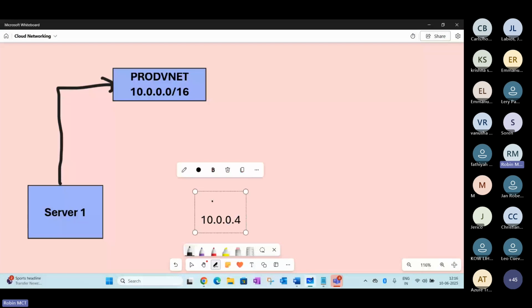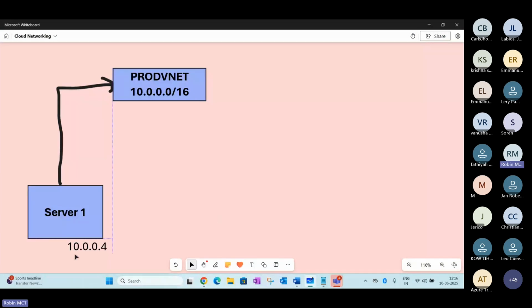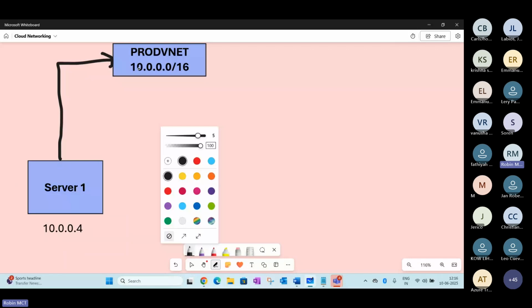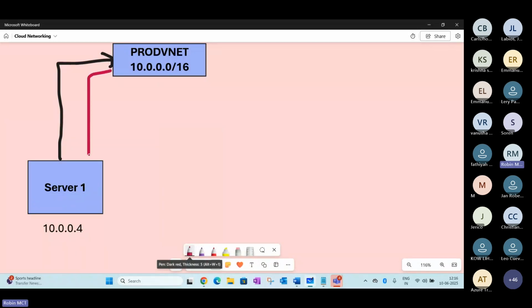See, if you see here, there is a network that's been created here. It's called 10.0.0.4 here. This is the range. It's been created here. That means your server is going to get an IP from this pool here. See, from here, there is a dynamic IP address that's been assigned here. It's not a static one. It's been assigned from this address pool here.